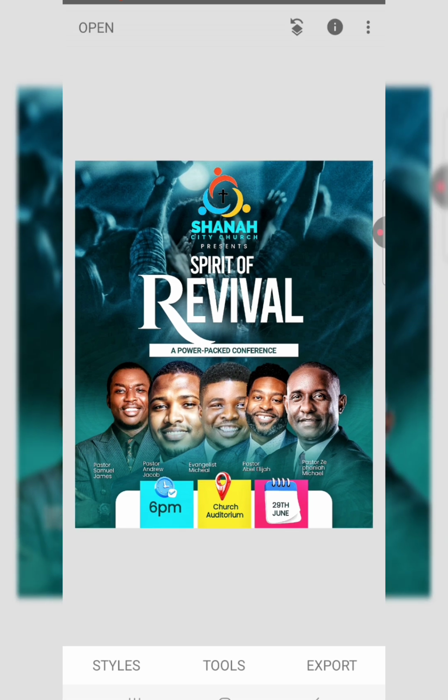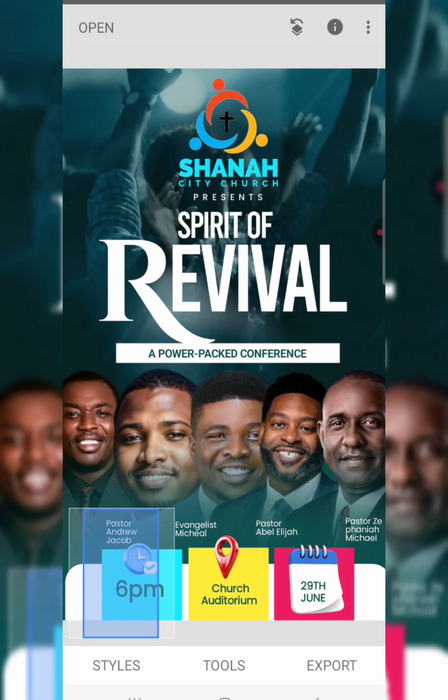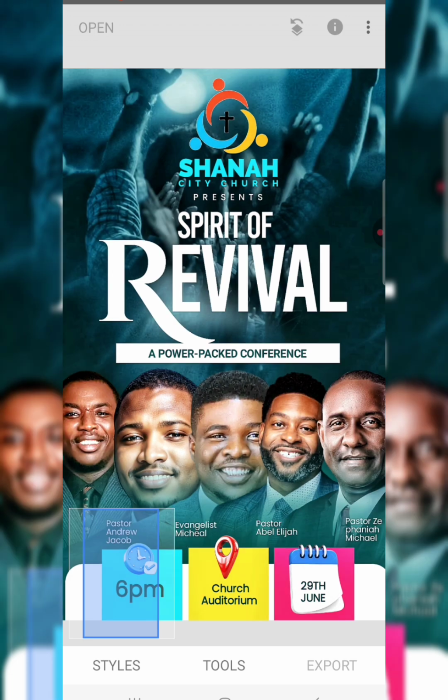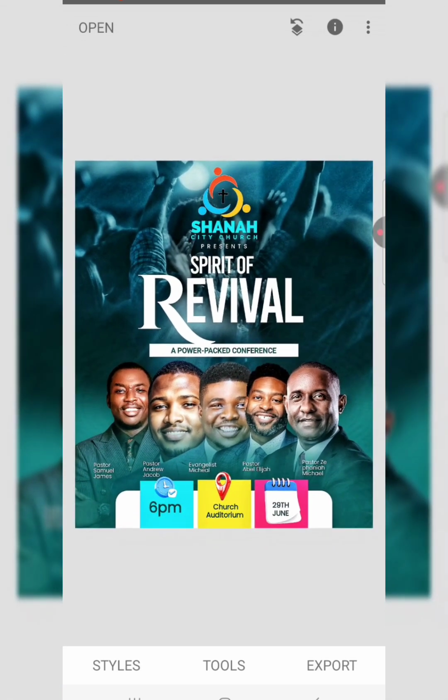Now I'm going to show you the before and after. Let me zoom it in. So see the before. Can you see the before and the after? Before, after, before and after. So now you can see that the design is clearer, detailed, and all the images are now a little bit with some better